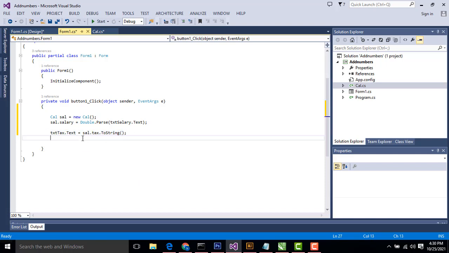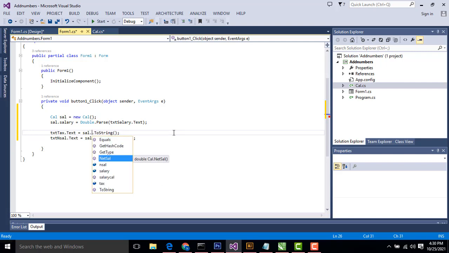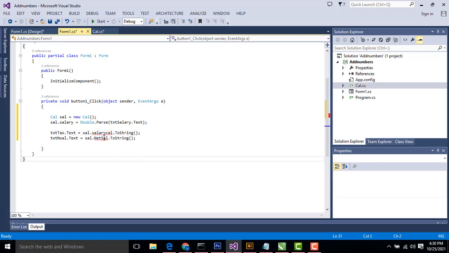After that, same thing, control C to copy, and for net sal calculation, the text box name is netsal, dot netsal, this one should be the tax calculation dot salary cal, the variable. So what is the problem here?